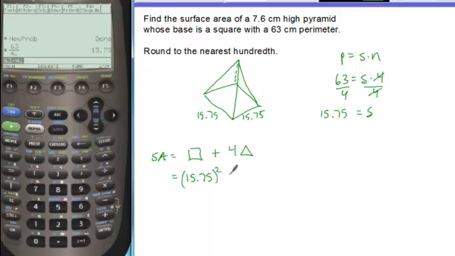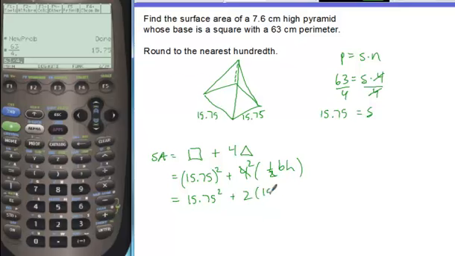height, we can go ahead and substitute some values in here. The 4 and the 2 cancel, leaving a 2 out front. Our base is going to be 15.75. And what we need to do is find what this corresponding height would be for our lateral face triangle. So if we look at the height of this whole pyramid, which is 7.6, and we extend